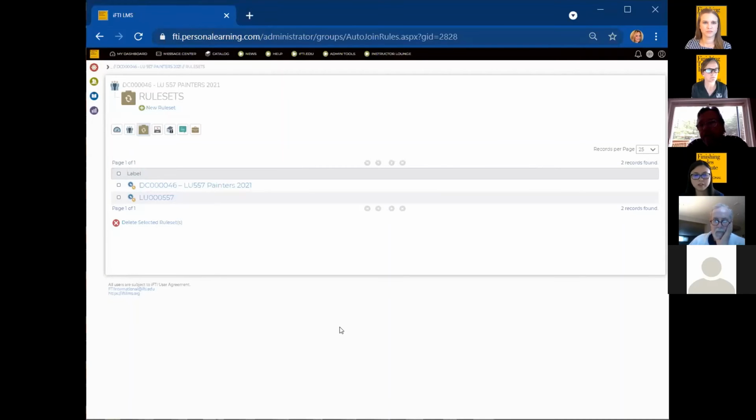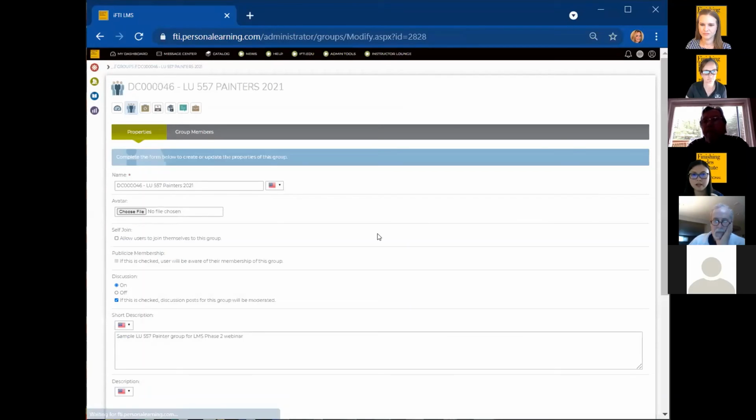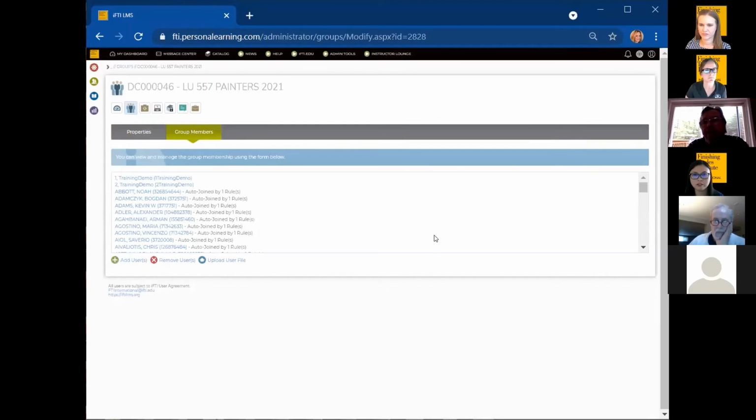Yeah, so it's your option either to send the email through the group or through the learning path. So the group may be everybody. Let's say you have a class, that's everybody. But the learning path may be by level, by semester, or by trade. So then you can customize your email. Or again, you don't need to create the email if that causes any confusion for your members. Okay. Thank you.